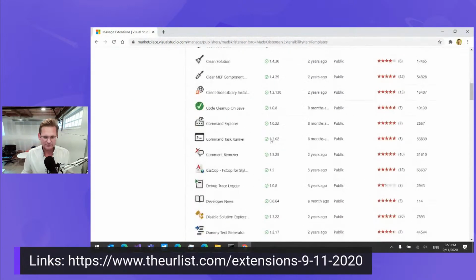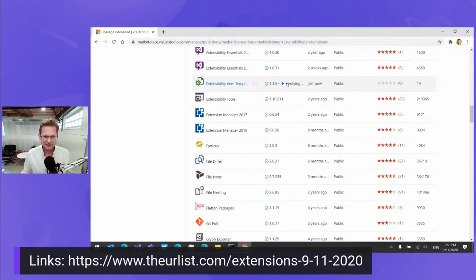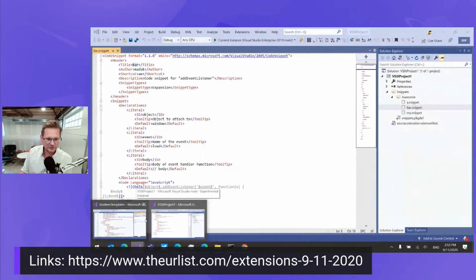And if we find it here, I just scroll till I see this. Now it's verifying that I didn't do anything bad in my extension, like create a zip bomb or something else. So it has like a little detonation chamber where it's making sure that everything is fine before this is released to the public. So it takes about 5 minutes. And so while it is doing what it's doing,